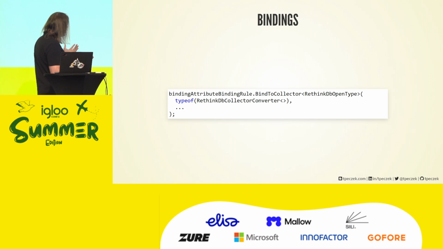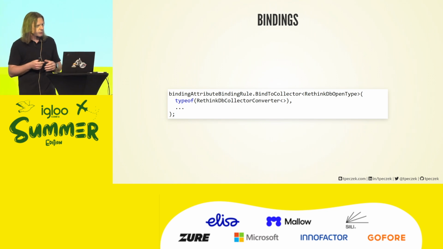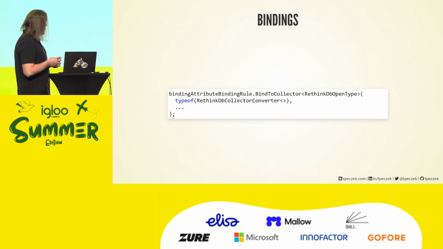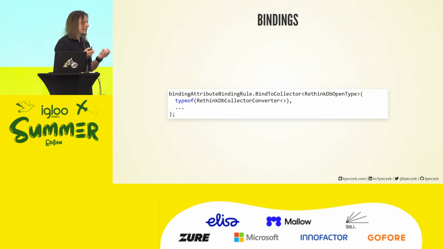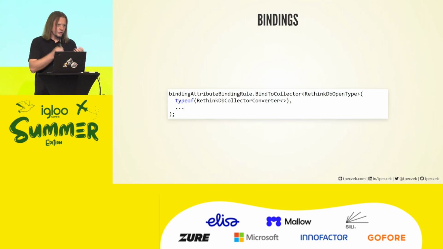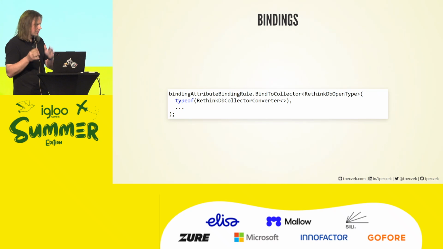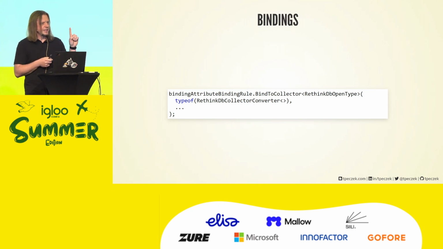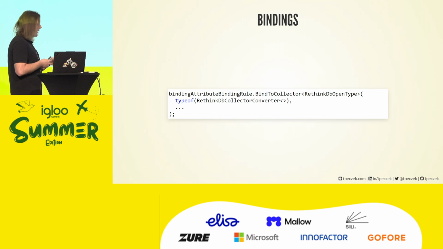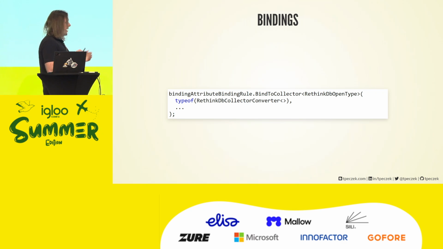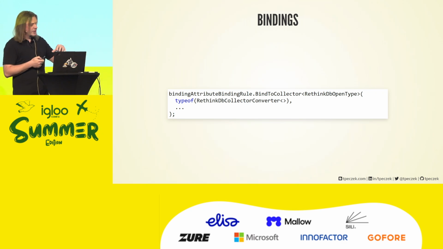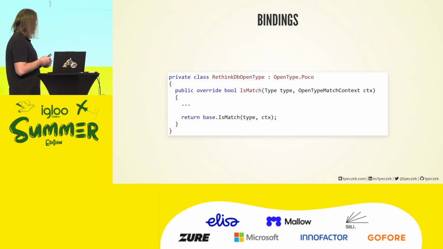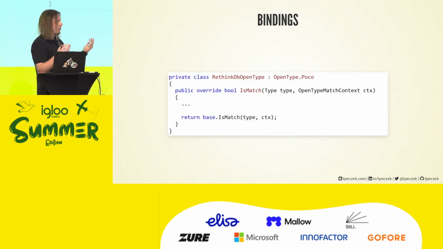And you will probably be guessing that this RethinkDB open type has something to do with RethinkDB, right? The name suggests that. The trick is that the important part of the name is the second half, open type. Open type is something very specific in WebJobs SDK and in Azure Functions SDK, because Azure Functions is built on top of WebJobs SDK. Open type is something that in certain scenarios for Azure Functions means T at runtime, generic, anything, basically. If Azure Functions sees open type, fine, it can be anything. And you can further derive from open type to narrow that. There's one ready-to-use option, OpenType.Poco, and it's no longer anything.